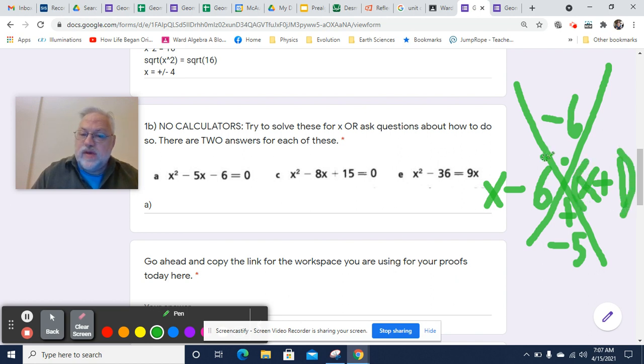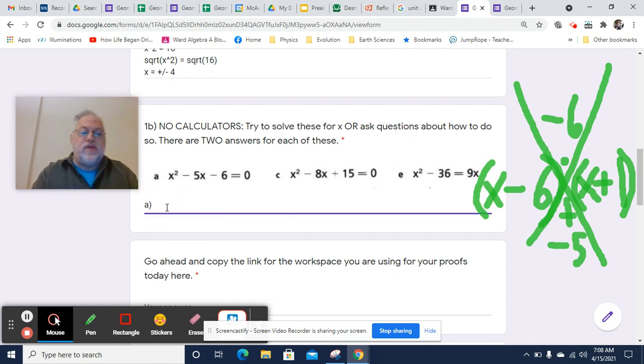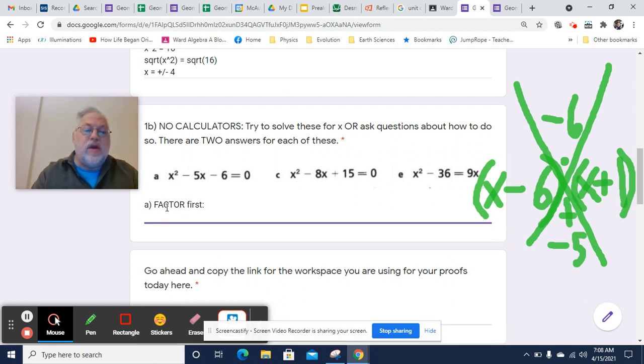And now we have actually created two linear factors for x squared minus 5x minus 6. So I'll go ahead and write that down. So first of all, we factor. Okay, and so we get x squared minus 5x minus 6 is x minus 6 times x plus 1, and